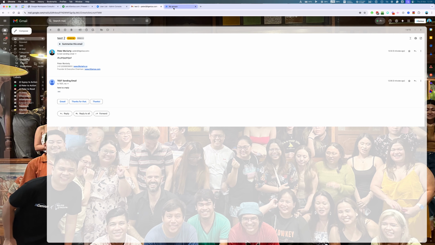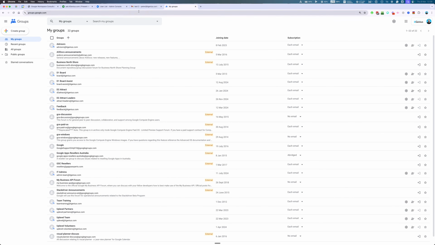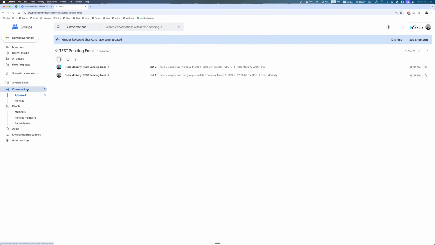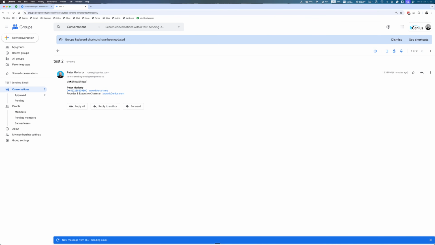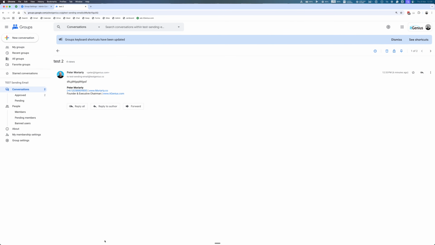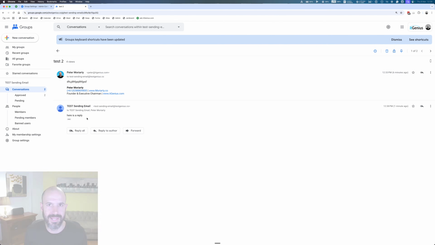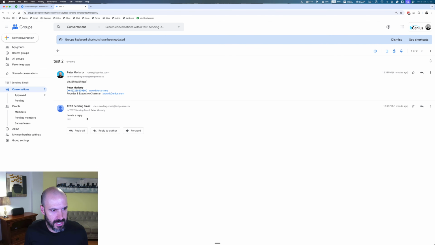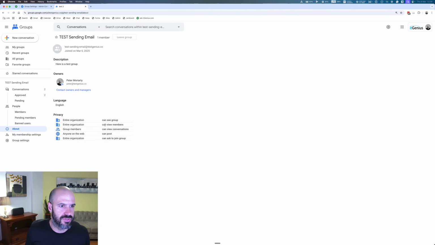So if I want to see where all the sent email is, I just need to go into each one of these conversations and see what was sent from the group email. I hope that answers the question for this person, because all of the emails related to anything to do with this group basically all show up in this one place. So you've got all of them in the one spot, and that is what gives you access. So there we go. I don't think there's anything else interesting to share about groups right now, except for maybe